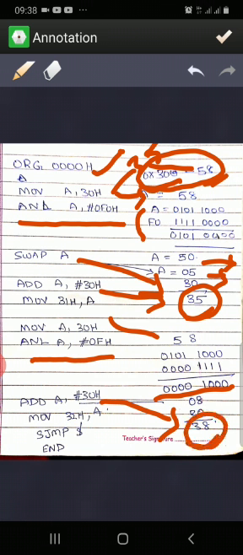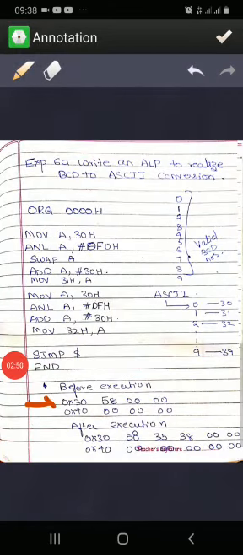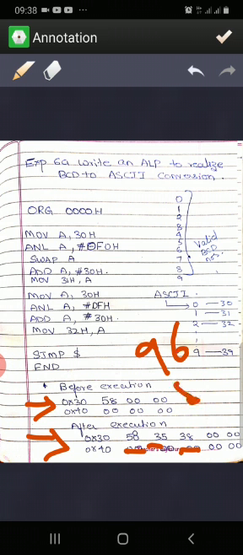So store this result: whatever you are getting, 35, we are storing into memory location 31, and 38 we are storing into memory location 32. Here you can see this is before execution, 58. After execution, at 31 and 32 you are storing 58 as 35 and 38. Suppose you have 96, it is stored as 39 and 36.